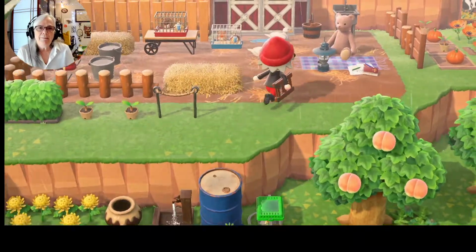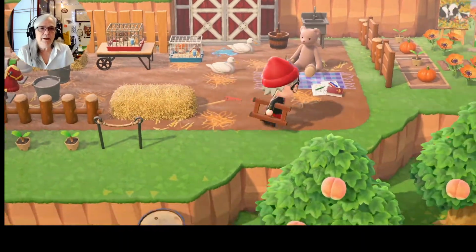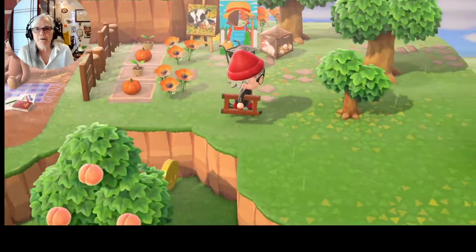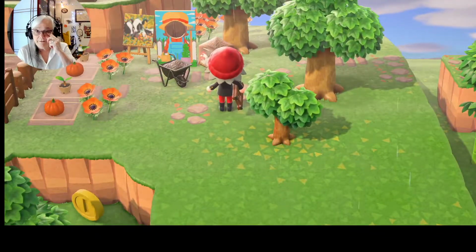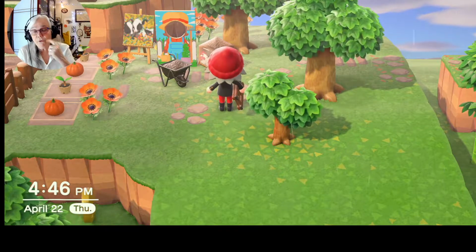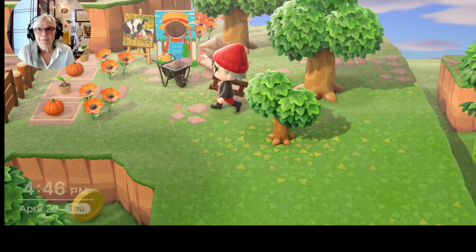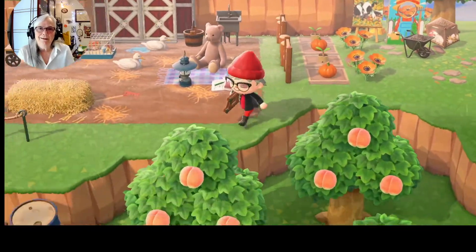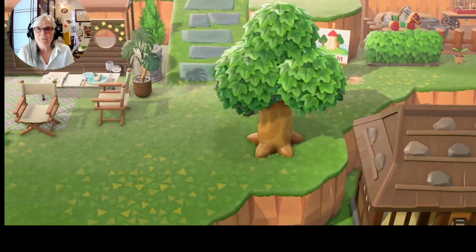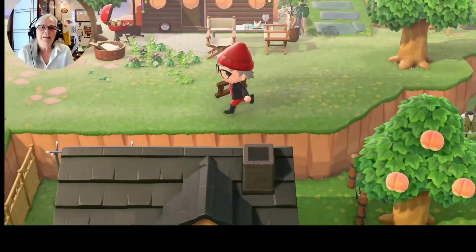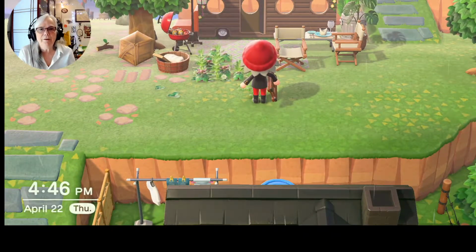And I've had a couple of other ideas with this farm, and I'm kind of regretting that I put it on such a small piece of land. Because I saw someone use umbrellas for a herd of cows. It was so cool. And I thought, I want a herd of cows like that.